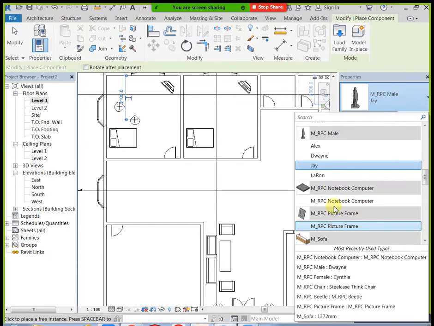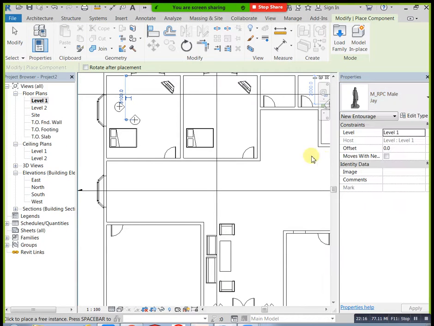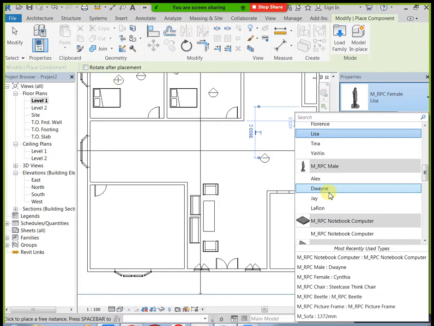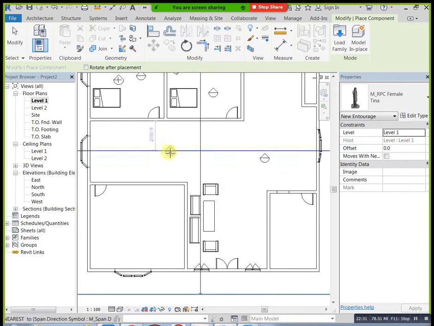I need another. Okay, I place it like this.